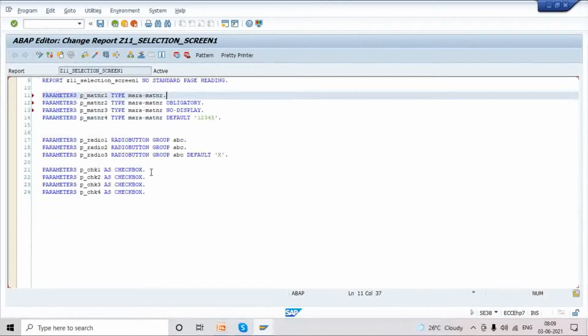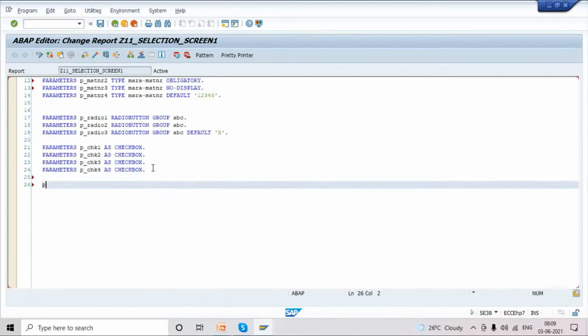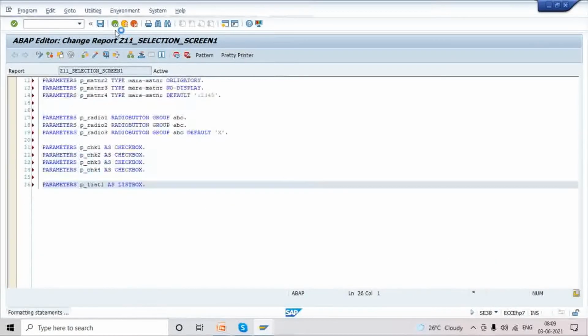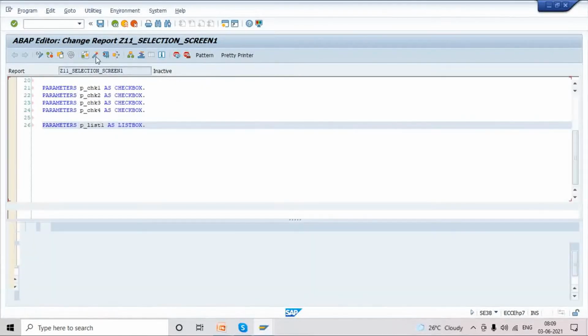Next one is the list box. P_list1, I'm taking as location, consider. So AS LISTBOX. For a list box, when we created, let me show you the output screen.